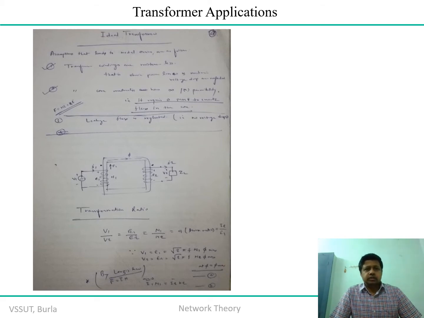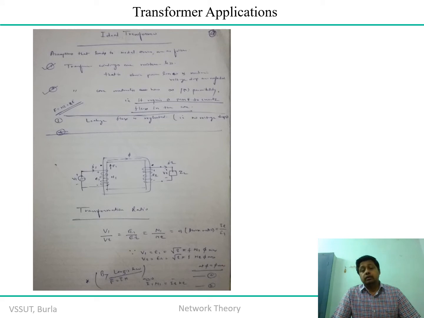It is a device which is basically used to step up or step down the voltage level during the transmission, whether it is any micro electronic circuits or nano electronic circuits, or whether it is electrical power distribution and transmission systems. The job of a transformer is the same: it is used to step up or step down the voltage without changing the power level. And as far as the ideal transformer is concerned, there are certain signatures.